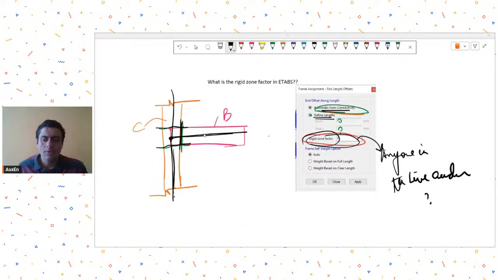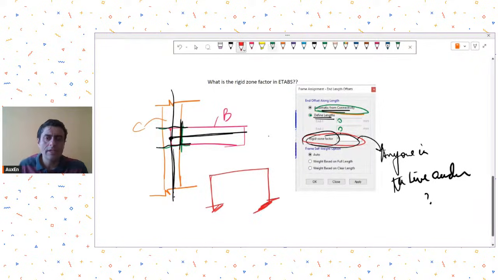Okay, I'll try to find it myself, maybe by reading the documentation. Or you can also experiment. See, Mr. Rohit, you can just try to experiment, make a small portal. Doing experimentation is the best way to learn. So just apply some load, see what moment diagram you're getting, and then try to alter these values and see what's happening. So this is the way I will also try to